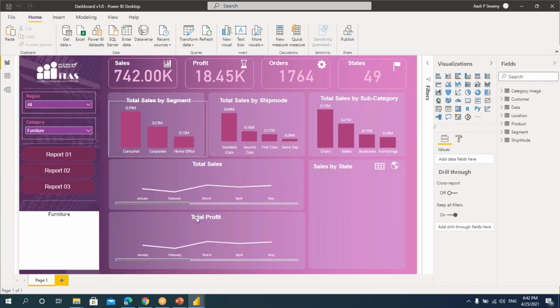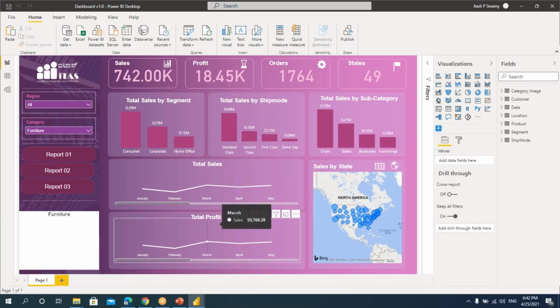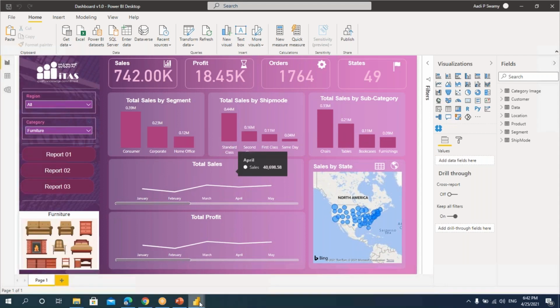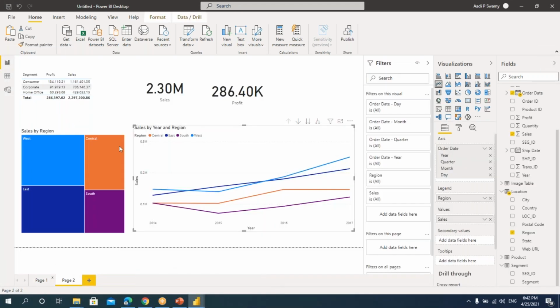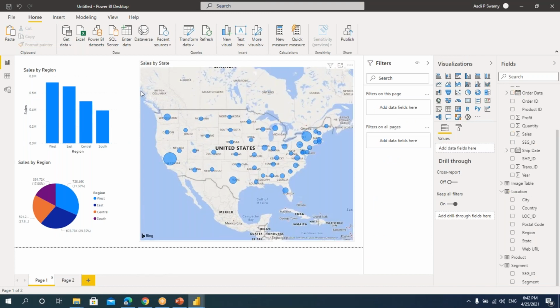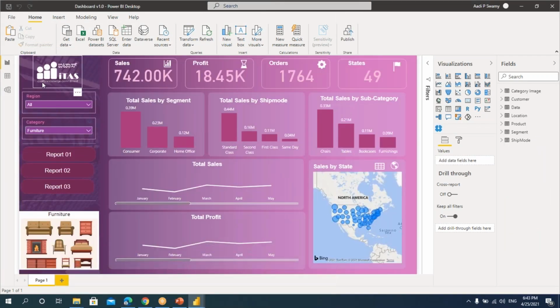So here we have a lot of visualizations that we have put here. You see the column chart that we used in the canvas here, the same thing, we just formatted it, that's all. Here we just took some colors and formatted it. So just by using these kinds of visualizations, we have created this dashboard.